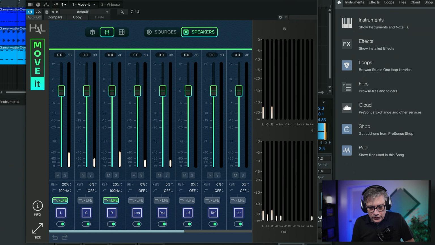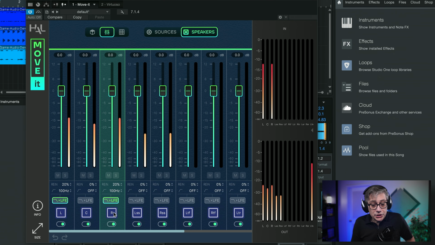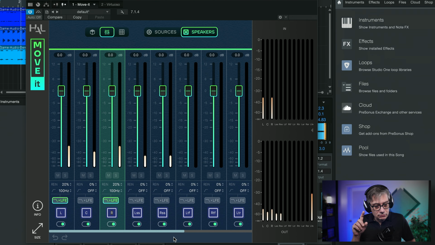Now, a couple of additional things. You can mute or disable certain tracks by clicking on that button here. You can change the name by double-clicking here, and then I can essentially change anything. It just is limited to 3 letters, so you can't change it to anything other than 3 letters. And that's pretty much it.